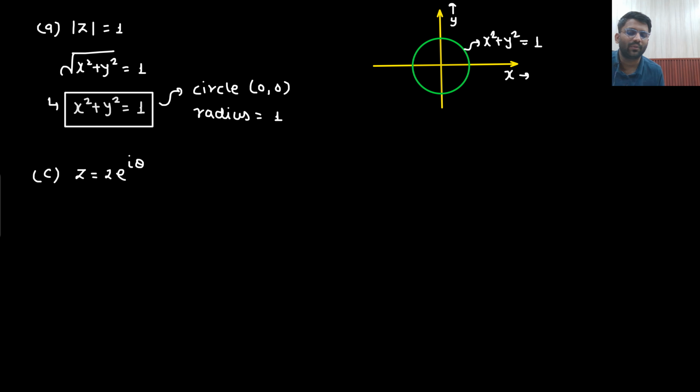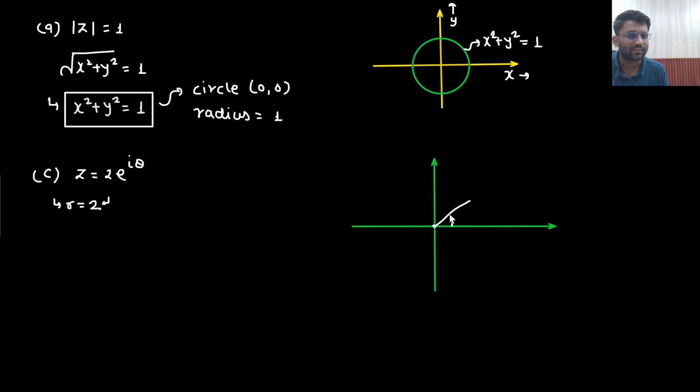So theta can take all the possible values. If I draw the locus, what is the locus saying? This is r, right? The value of r here is 2. So what are they saying? That r is the distance from the origin, you need to take 2, and theta value